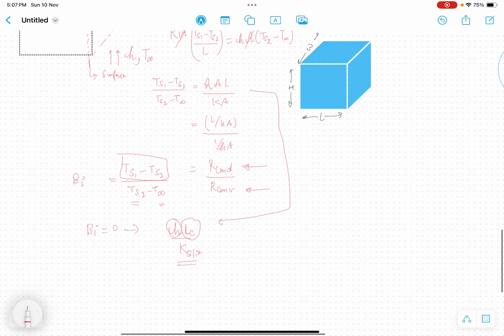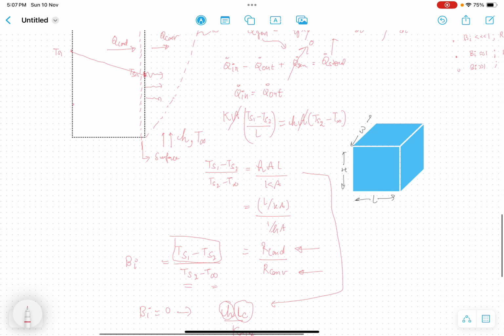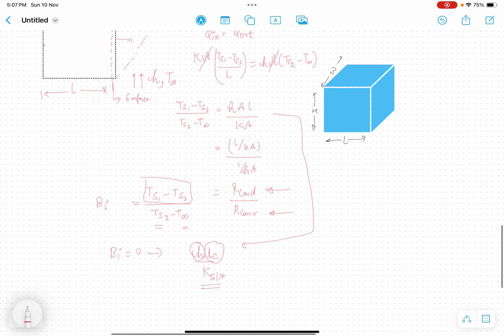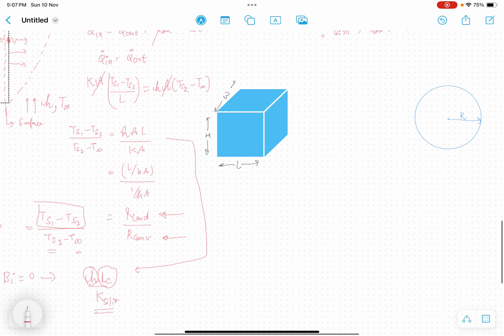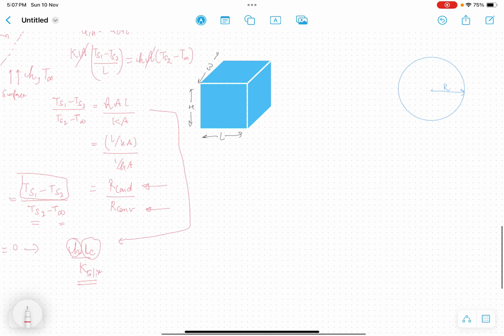But in principle, the length is nothing but the length where the temperature gradient is there and where the temperature gradient is predominant more specifically. So here L is nothing but the characteristic length, it's this width. But for three-dimensional objects like this and some other random shape like a triangle or cone, what will be the characteristic length in that case? So for that